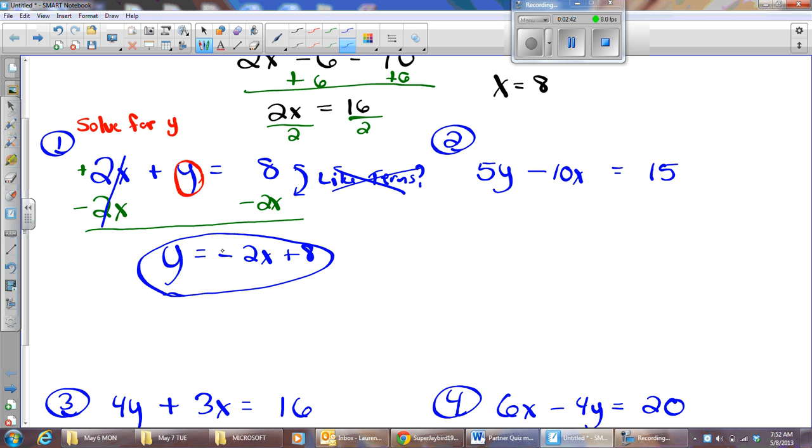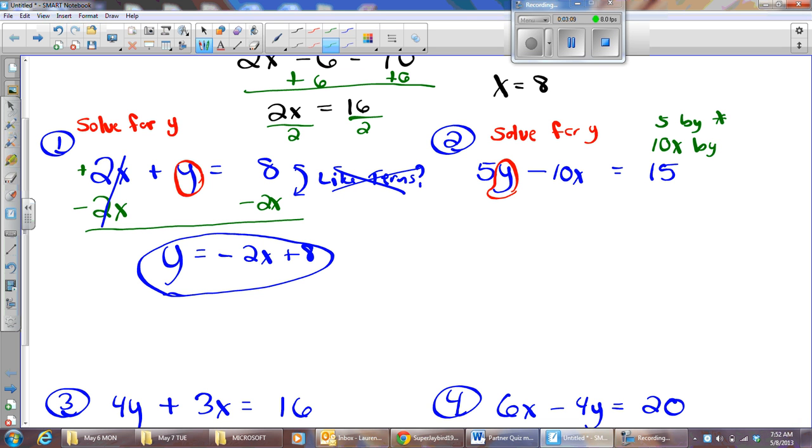All right, let's try another one. Problem number 2. I'm going to circle the variable. Remember, I'm solving for y on each one. All right, solving for y. So I'm going to ask myself, what numbers are keeping the y from being alone? Well, there's a 5, and he's attached by multiplication, right? And then there's this 10x